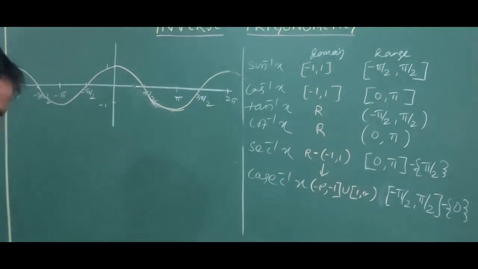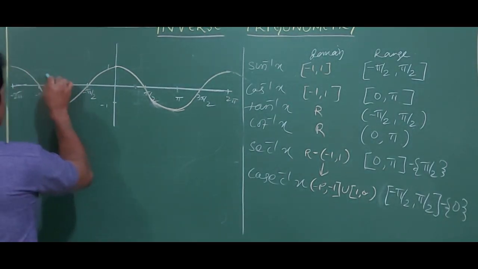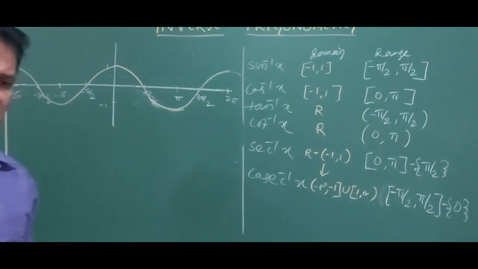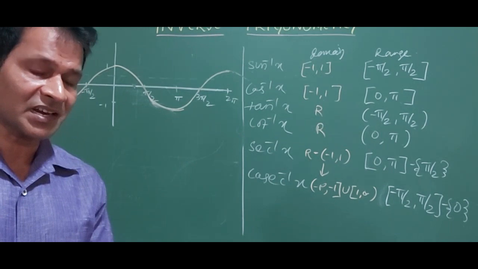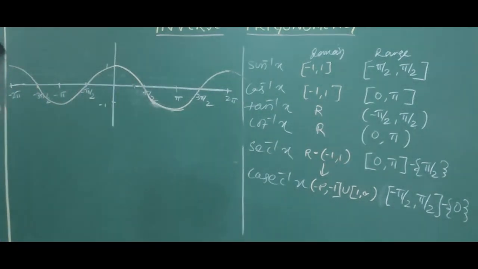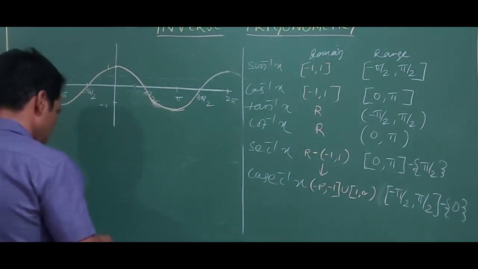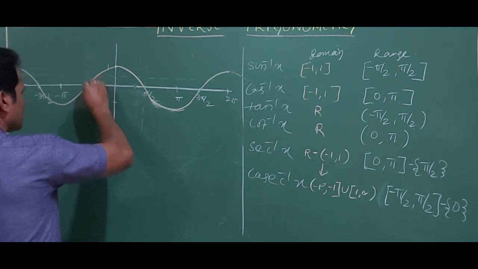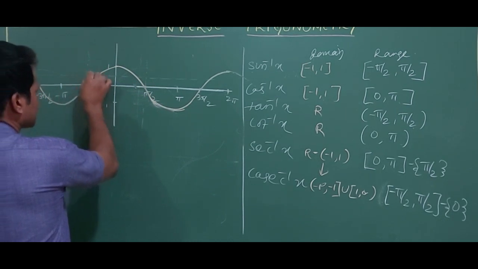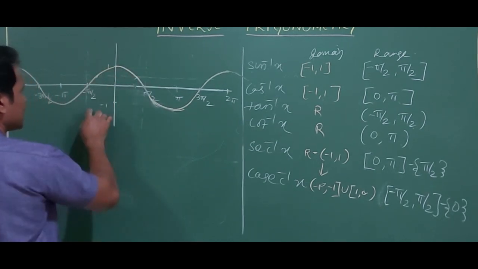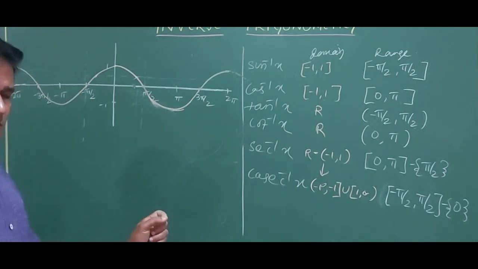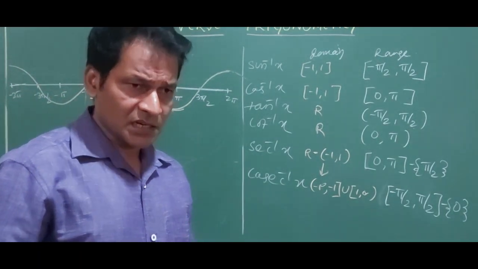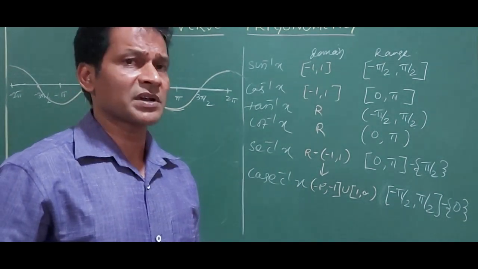So what is this graph? Now draw a line parallel to the x-axis. It cuts at more than 1 point. Suppose I think like sin x, which had lines at minus pi by 2 and pi by 2. Just imagine I draw a line here at minus pi by 2 and pi by 2 parallel to the x-axis. It cuts the graph at more than 1 point. So I cannot use the same concept as sin x here. Then it has to be changed. I will cut the graph into smaller parts such that it becomes one-one.